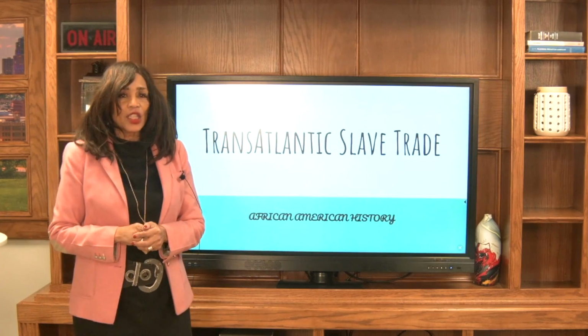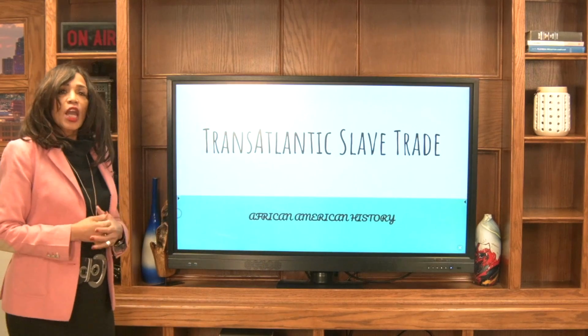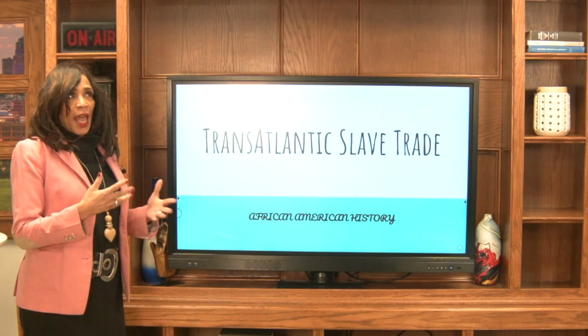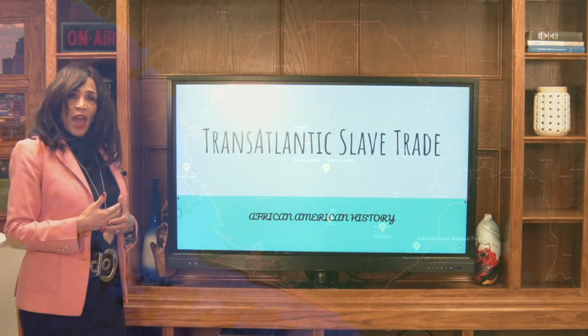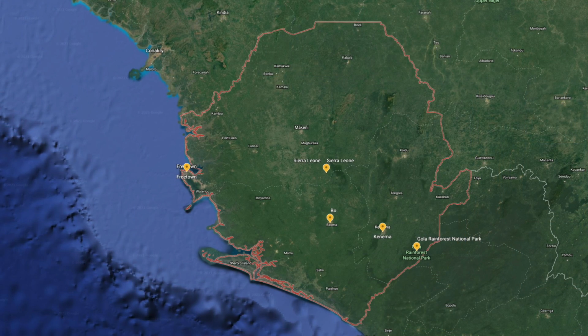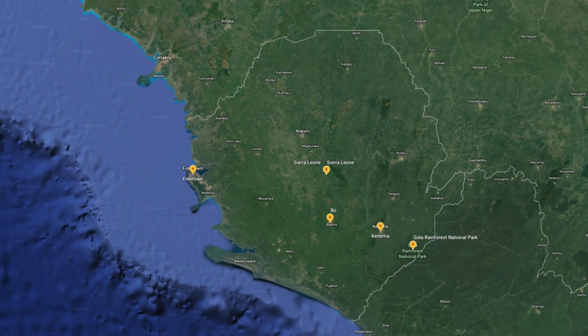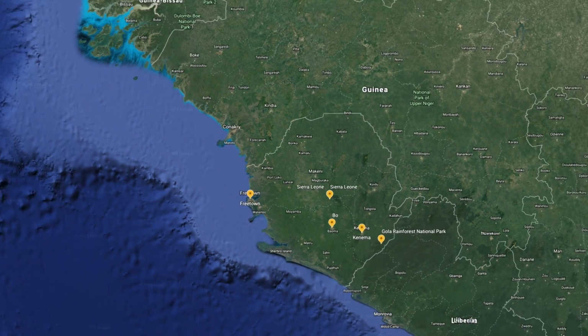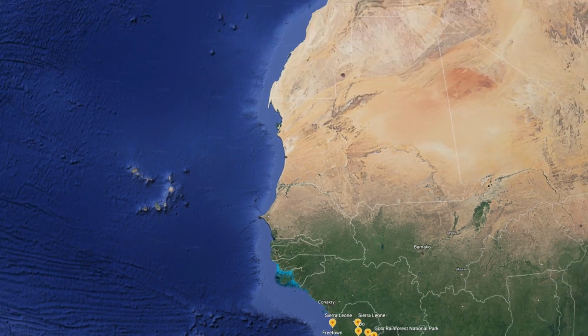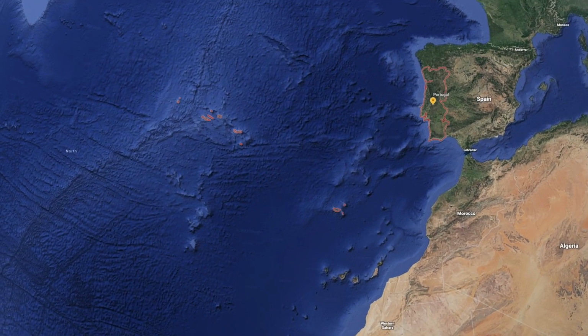The slave trade started in the 1400s when the Portuguese landed on the western coast of Africa. Remember, we talked a little bit about that. One of my favorite countries, Sierra Leone, that was their departure point back to Portugal and/or Brazil with slaves. Started very, very small, 19 slaves, 50 slaves.